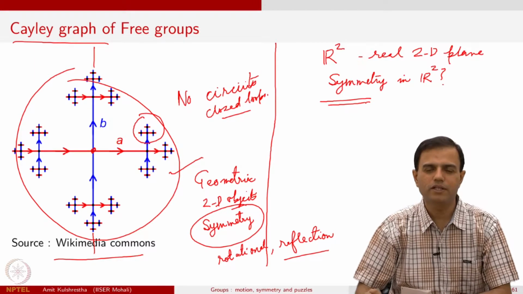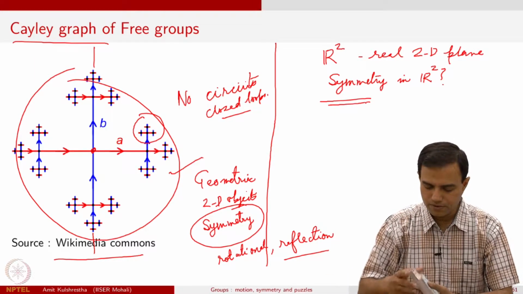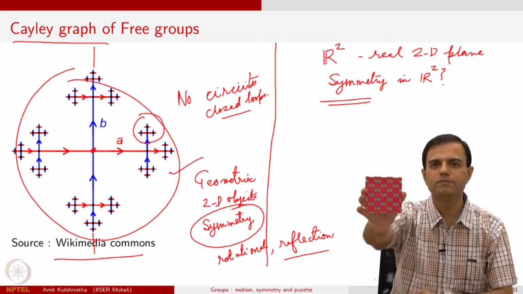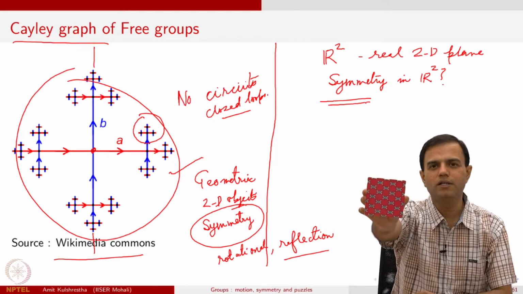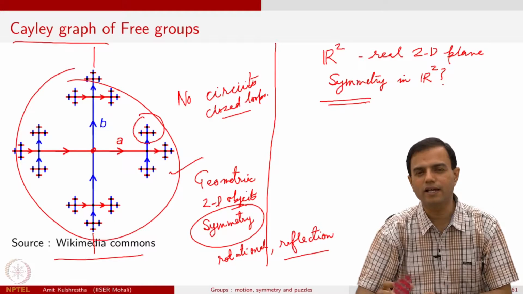How many symmetries are there? All those are questions. Or if I ask you to look at one of these pictures, say this one, and I ask you how many symmetries does it have? Another interesting question that I can ask here is